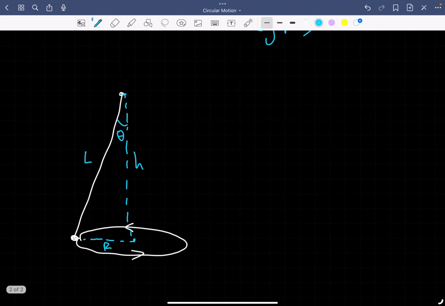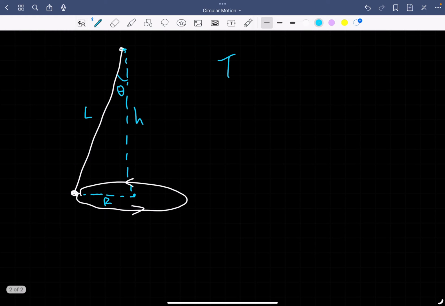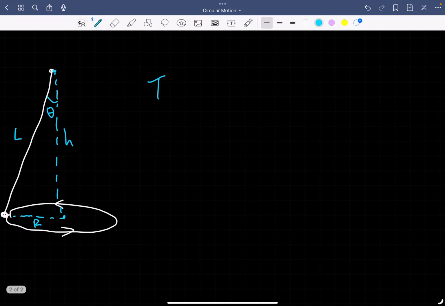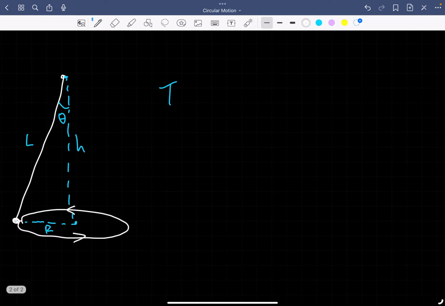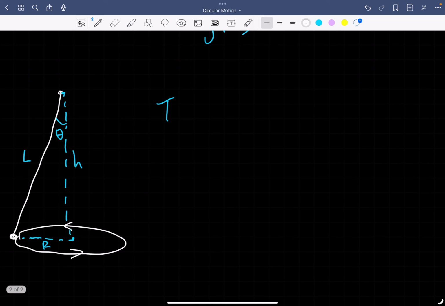And then what we're trying to find is the period of the pendulum, T. So T is the amount of time it takes for this pendulum to complete a period or a loop. So how long it takes for this pendulum, the mass on the end of the pendulum, to travel in that full circle. So now, again, if we draw a force diagram here for this mass,